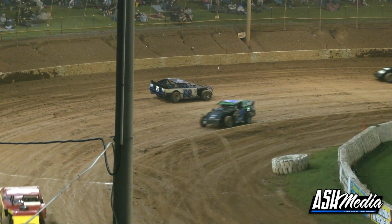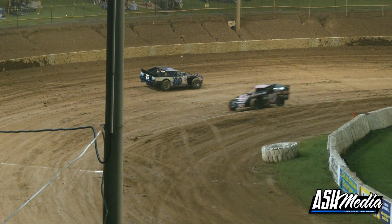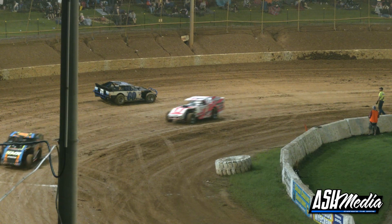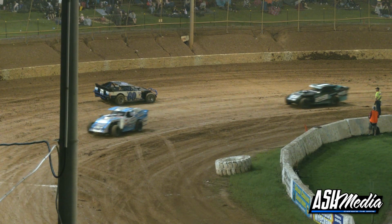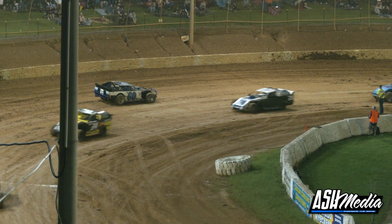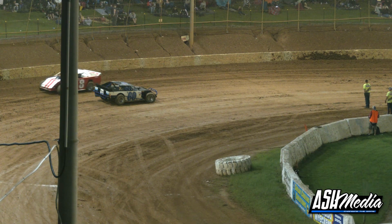Yellow lights are on. Blanchy needed that to help him try and get towards the front. Gavin Stacey it is bringing on the yellows after clouting the fence down there in turn 4, spins it down in turn number 4 next time through. And Dylan Stacey